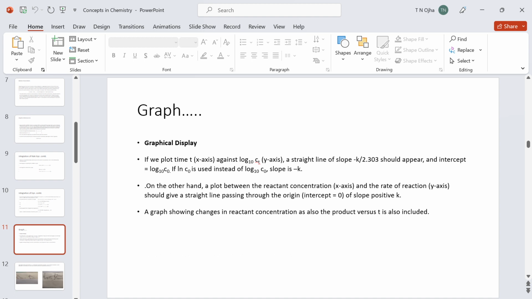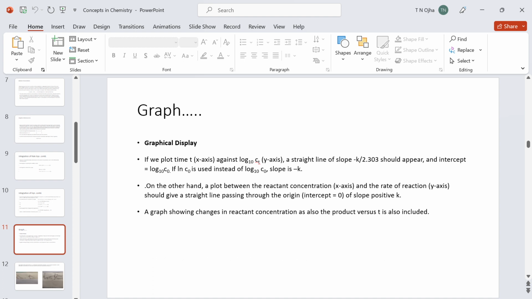For better understanding, we very often plot graphs. So graphical display should be like this. If we plot time along x-axis against log Ct along y-axis, a straight line of slope minus k over 2.303 should appear, and intercept equal to log